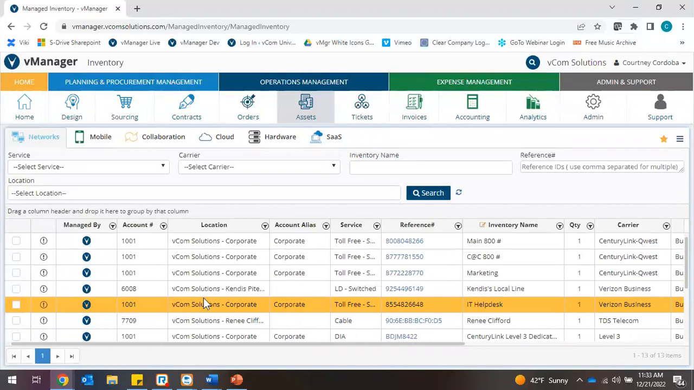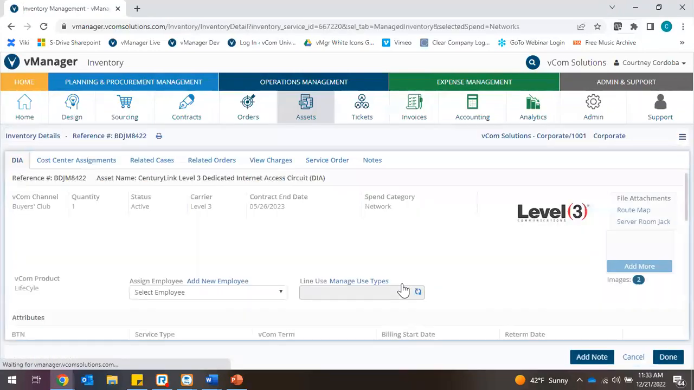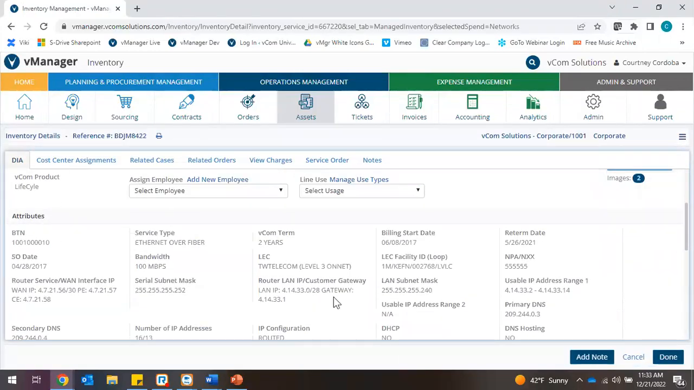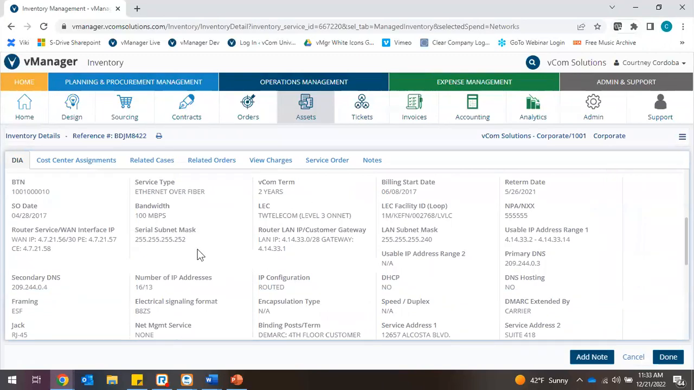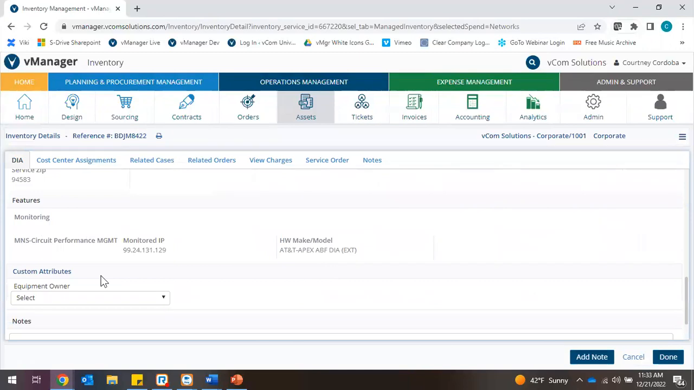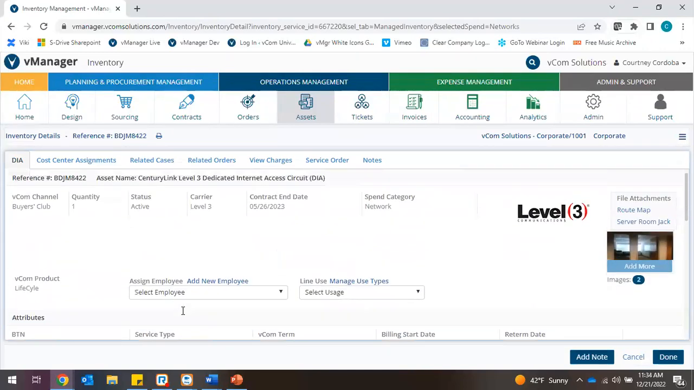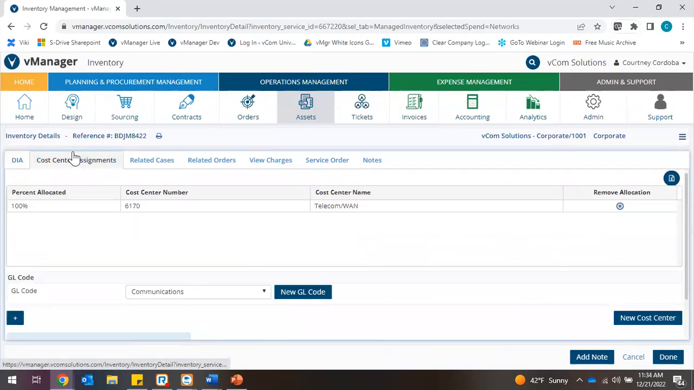To see details around assets, you just go ahead and click on that reference number here, and it will take you to this page to see all those attributes that we collected along the order process. They're stored here. If you scroll down, you'd see features, and even a notes field to type in anything custom that you would need to associate to the asset. We also have the ability to upload pictures associated to it, any attachments, and then we have all of these tabs